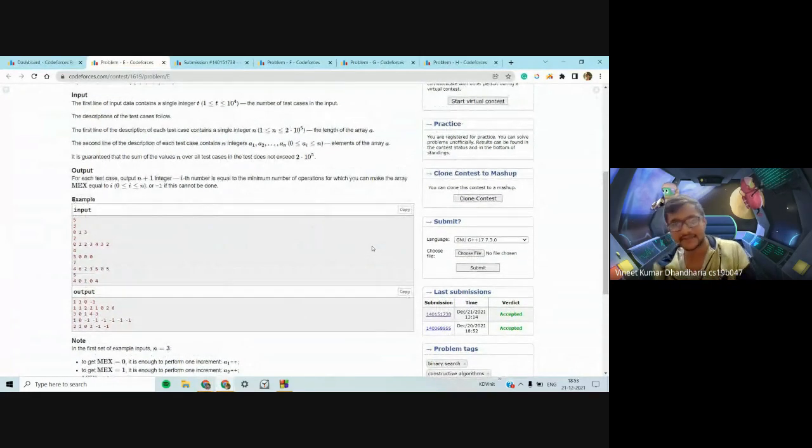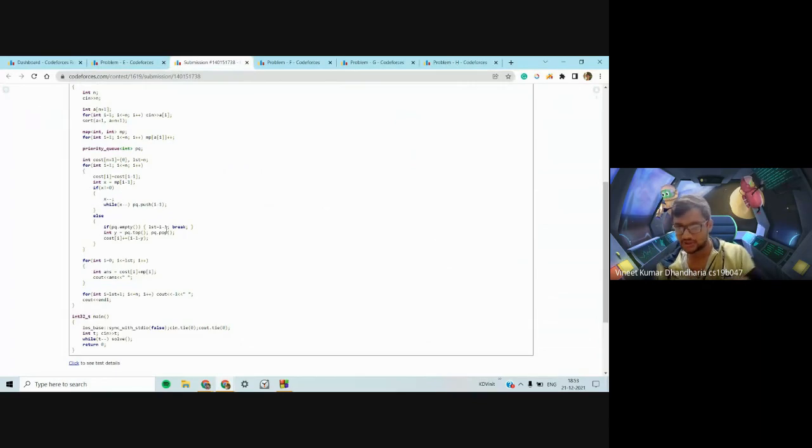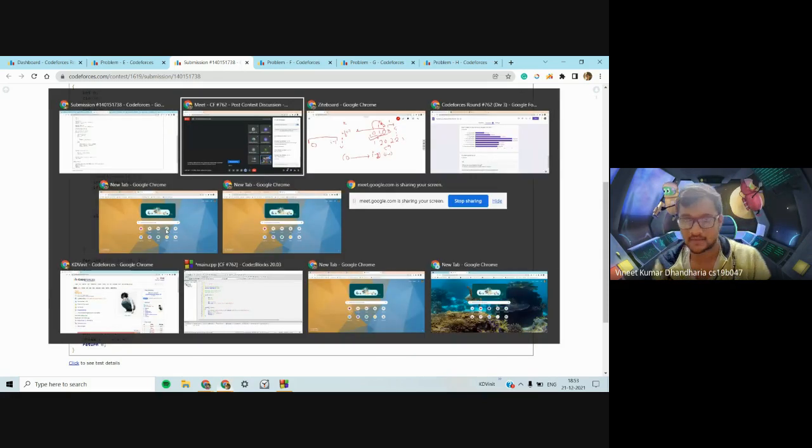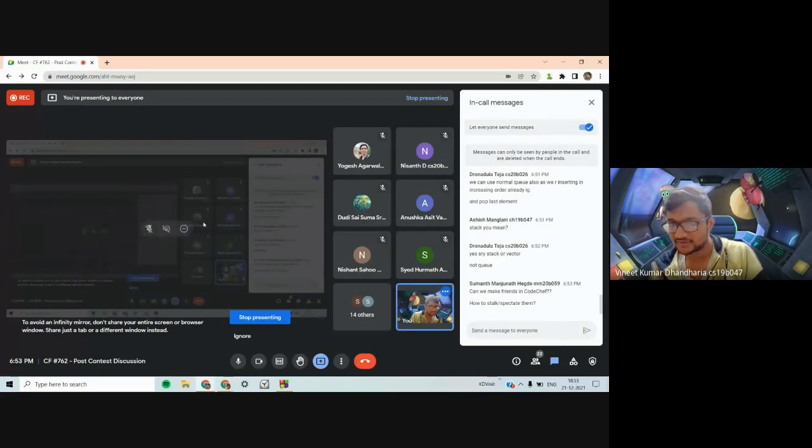Basically, I hope the idea is clear to everyone. You can maybe try to do the implementation yourself a bit differently. The core idea is you ensure everything from 0 to I minus 1 is there and no I is present. To ensure no I is there, you just add frequency of I. That part is simple. The important thing is how do you ensure there is everything from 0 to I minus 1 with the minimum number of operations. For that, you simply take cost of I minus 1 and then you add the minimum cost to make an extra element as I. I hope that idea is clear. If you have some important question, you can unmute yourself and ask.